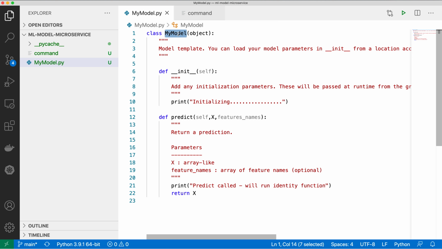Once you have created the class, the syntax is that inside it you need to create two functions. One is the init function and the second one is the predict function. Now what are these two functions? The init function is something which will be called when your microservice is starting up. Anything you want to preload, like loading your model or doing certain static things which you can reuse later, you can do inside the init function. This function is going to be called once, whenever you start your microservice.